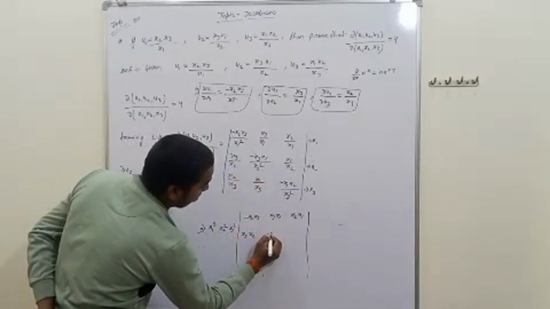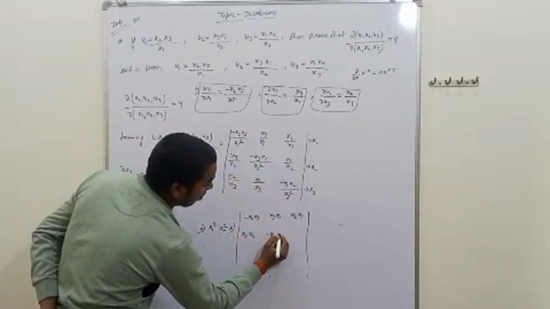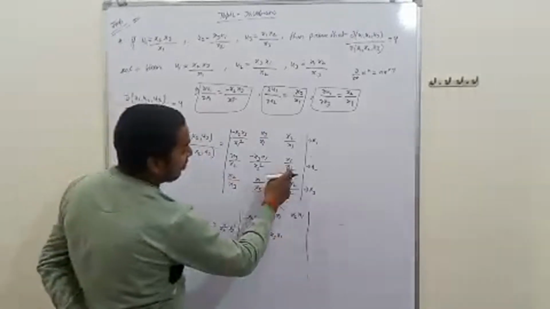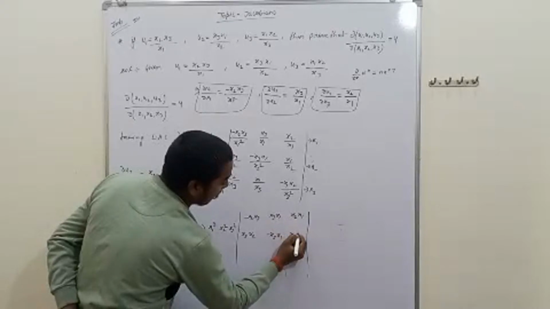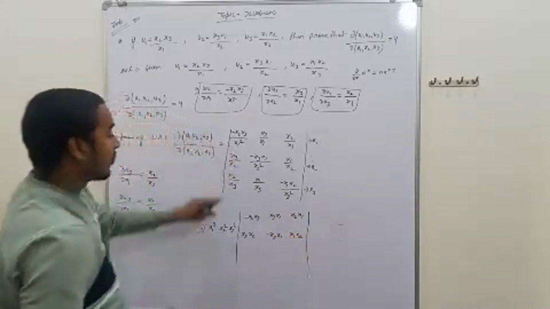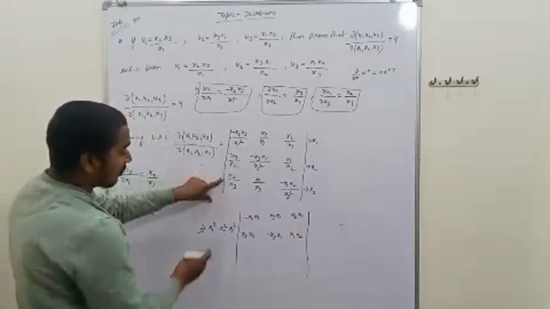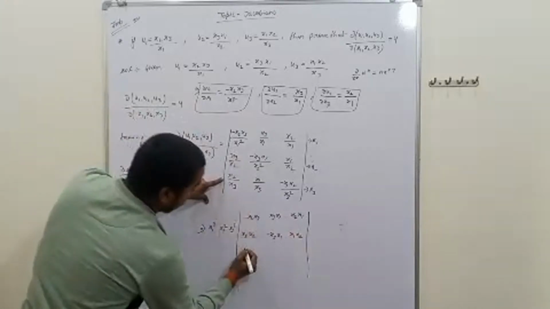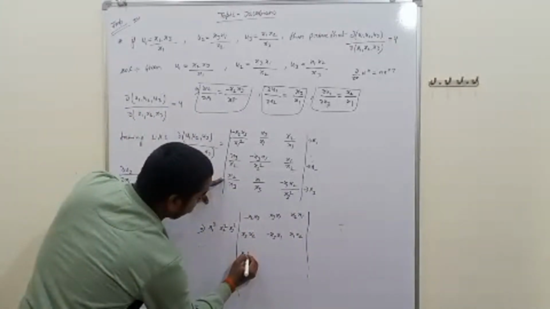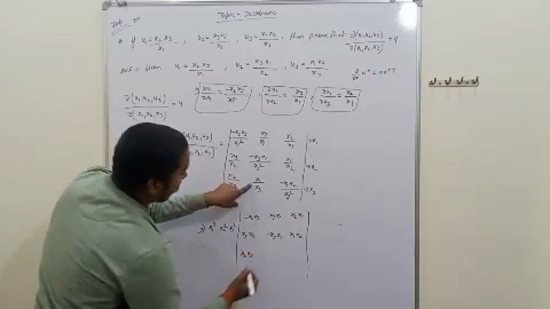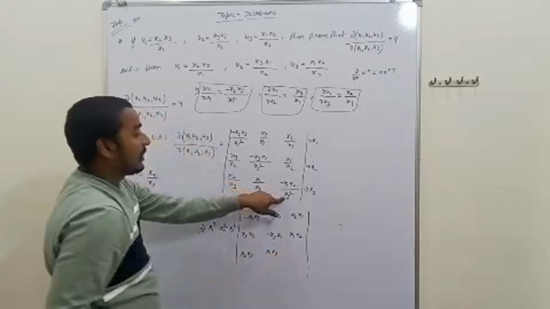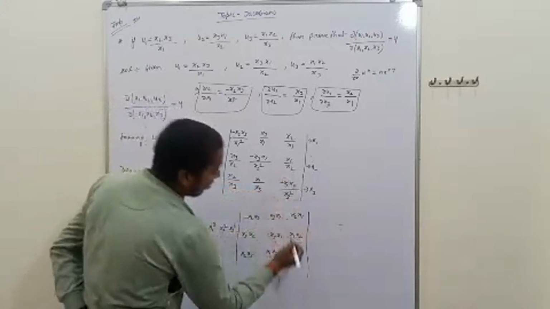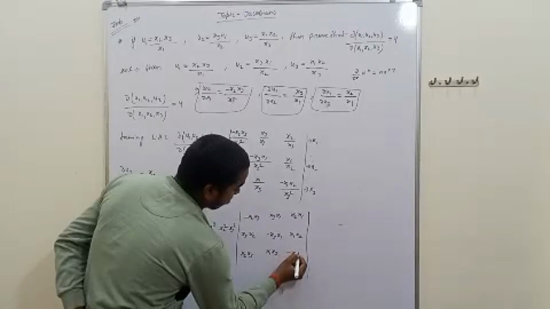Then remaining is here x3 x1, and from here we have to take common also x2 square, that is x1 x2. For the third row we have to take common x3 square, that is x2 into x3, and from here that is x1 x3, and from here x3 square is common, and remaining is